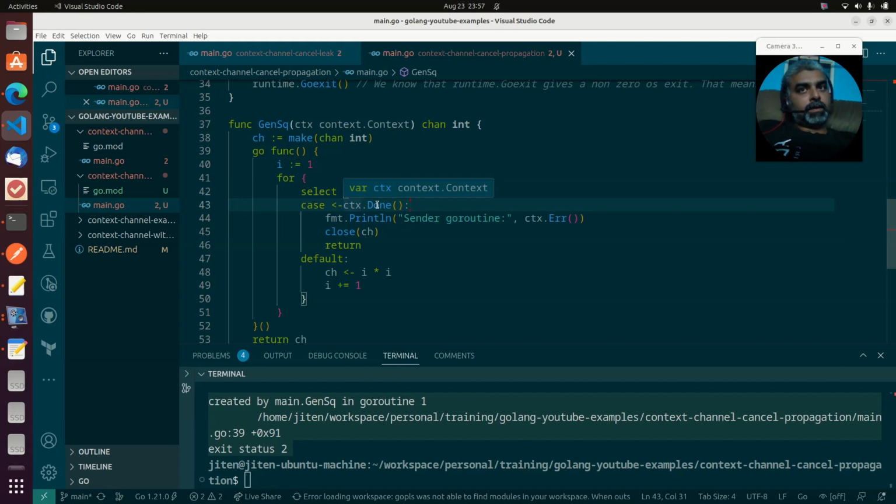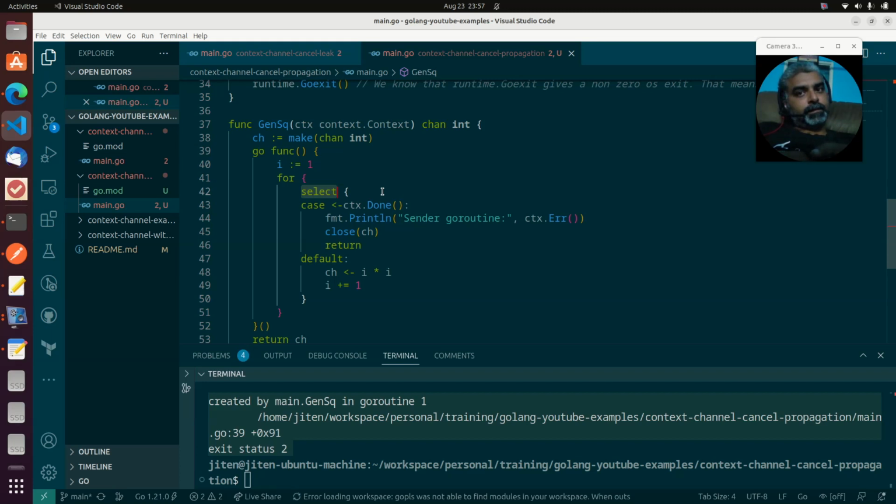Of course context.done returns a channel, but at the same time when the channel is closed, at that time actually it is notified, but we are using the default in this particular select statement. So default can leak